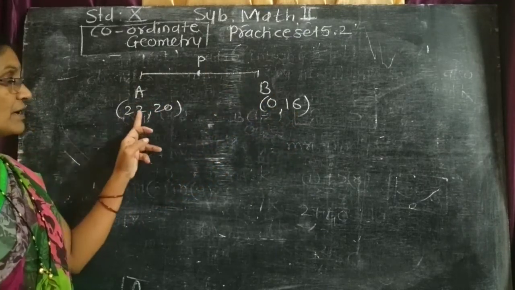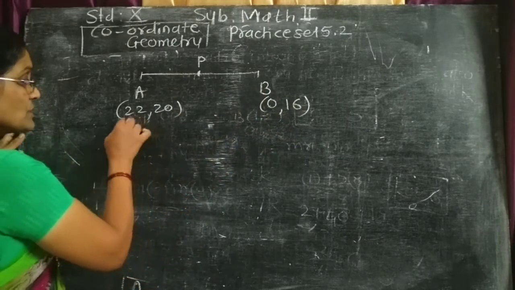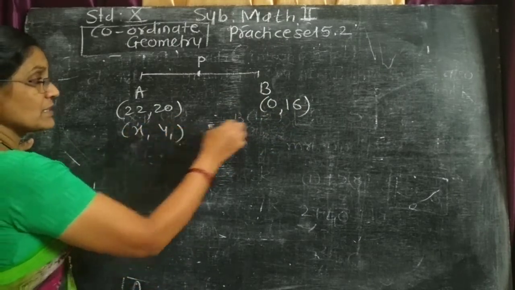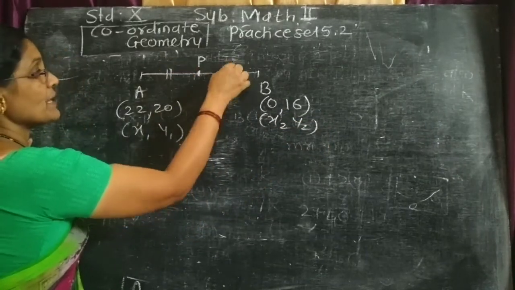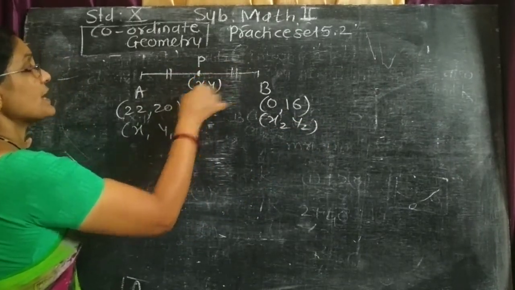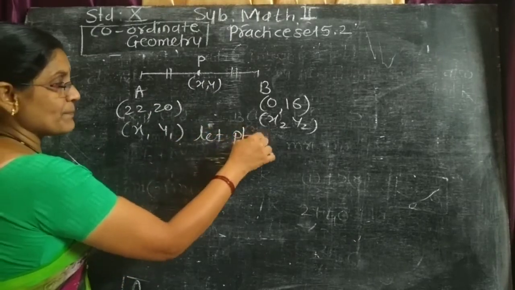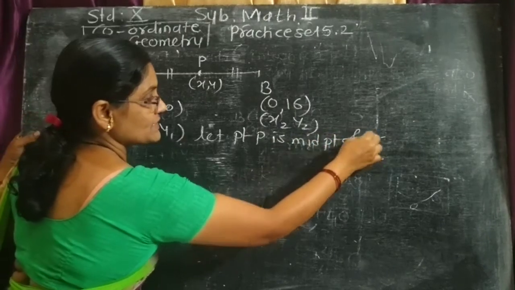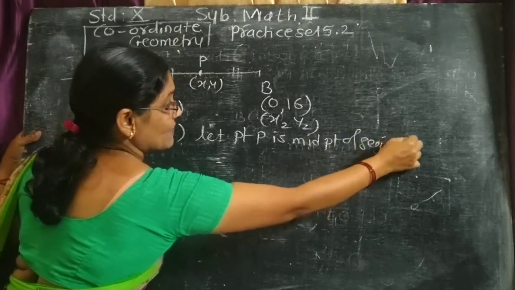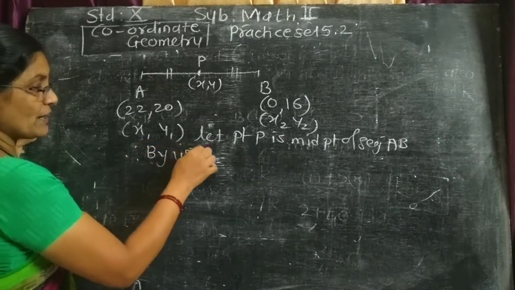Suppose this point is (x1, y1), this point is (x2, y2), and this is point P, the midpoint, whose coordinates are (x, y). And here we can write, let point P be the midpoint of segment AB, and therefore by using the midpoint formula,